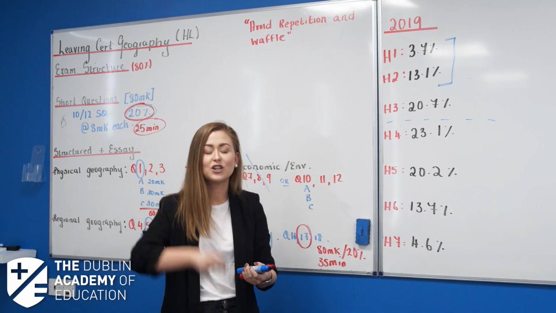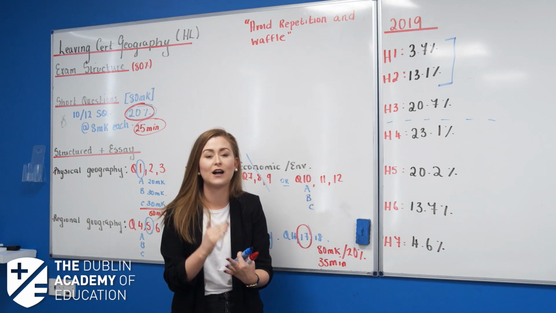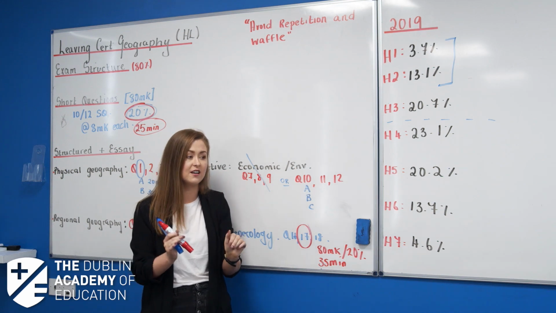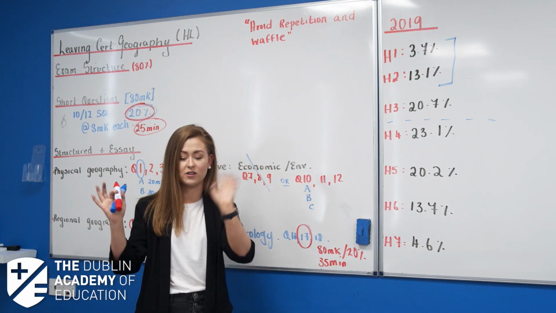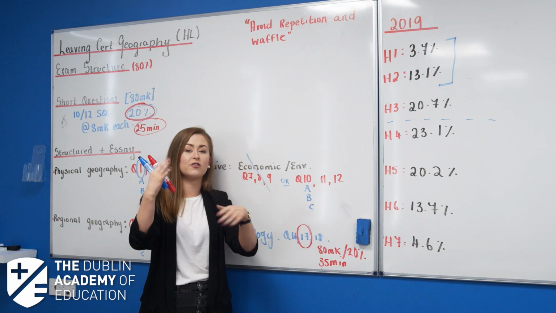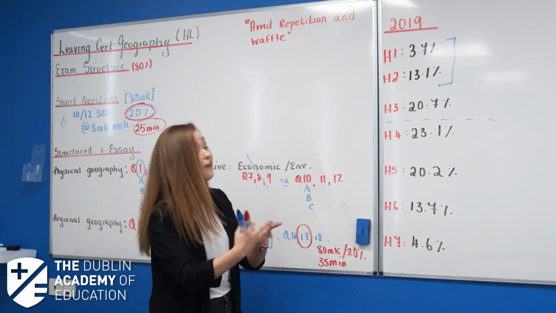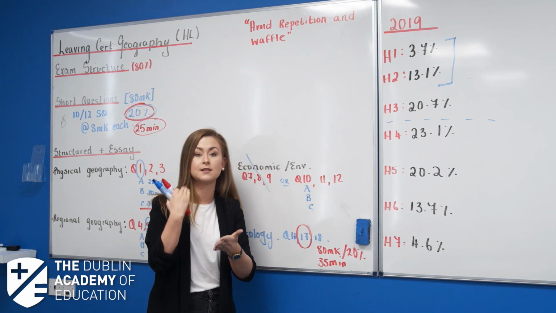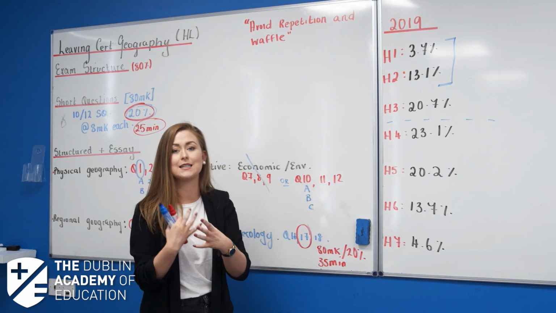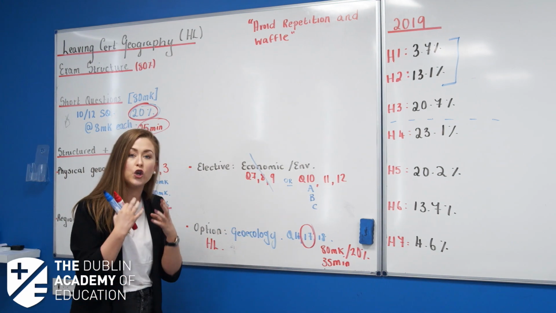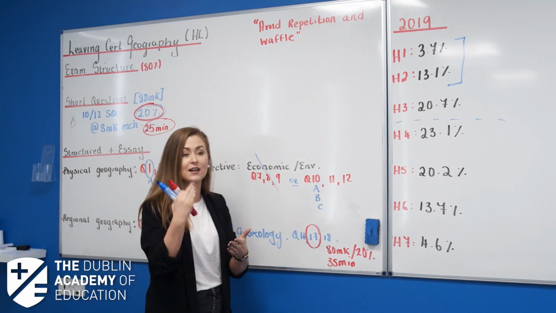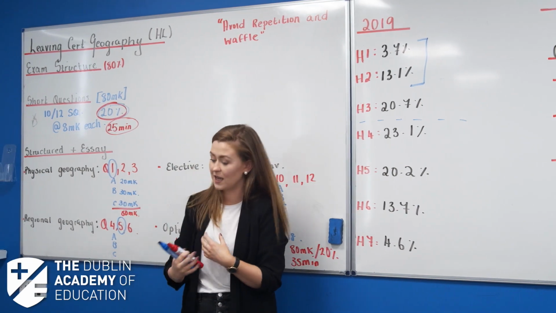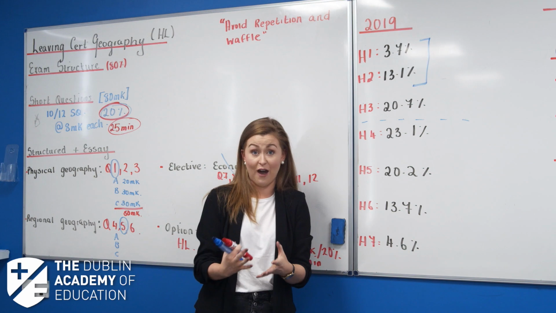We want short factual sentences, and we'll be talking about SRPs in a minute. No repetition. You're not in English talking about Hamlet, with big waffly therefore. You want the facts. They want factual sentences, get to the point, write it down. They want keywords, they want examples, they want definitions. It is no repetition, no waffle. Facts, facts, facts. If you're not looking at the same essay all the time, you won't have those facts.